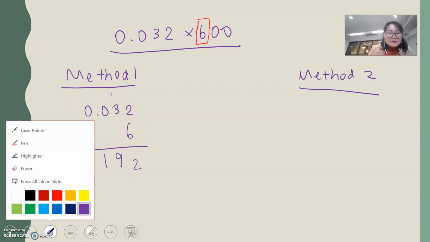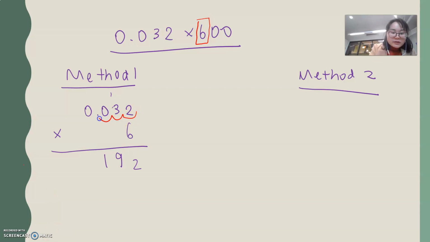Then you've got to take into account your decimal places. So I've got 1, 2, 3 decimal places here. So I'm going to take that into account by moving my decimal point. So there's my decimal point. I'm going to move it 1, 2, 3 places. Okay. But now we have to take into account the final 2 zeros. And to do that, because we're multiplying, we have to move it to the right. So I'm going to then move my decimal point 2 positions to the right. So it's actually going to end up as